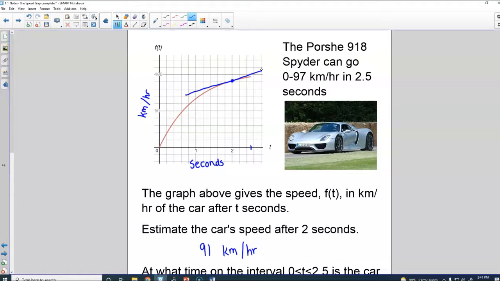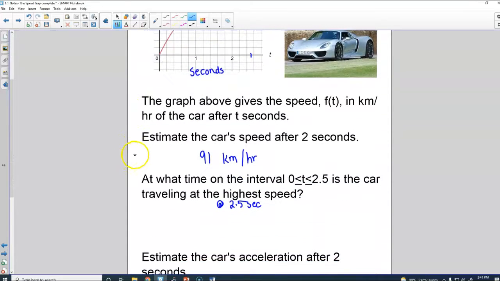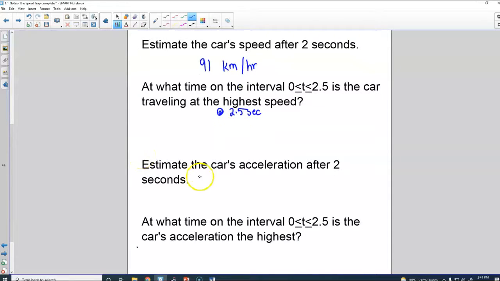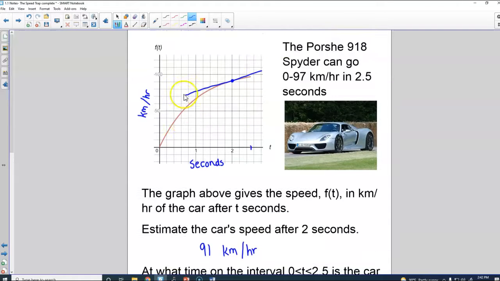I don't know about a v squared there. It'd be delta v over delta t. That's what we're looking at. Change in velocity over change in time is what we're looking at here. Pieces of it, but not total. Okay, so change in velocity over change in time. So if we look at a tangent line here